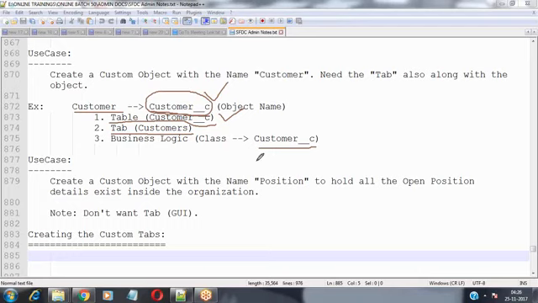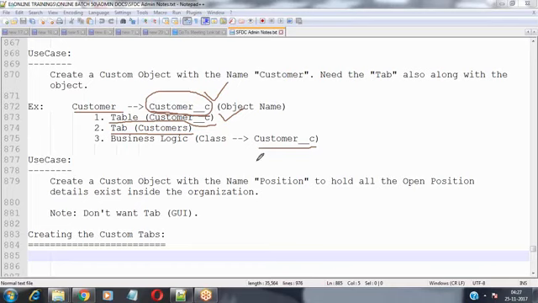Now, in the last session, we discussed how to create these objects and what business logic is given by Salesforce. During the creation of the object, yesterday we discussed two scenarios.